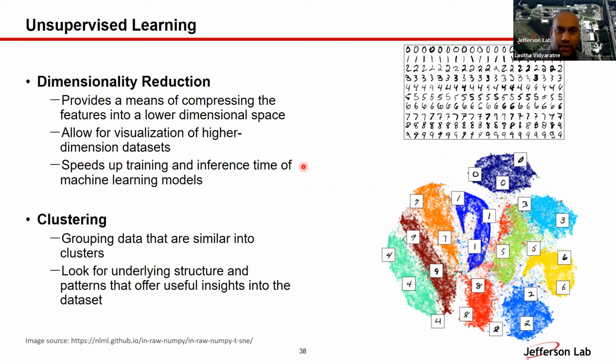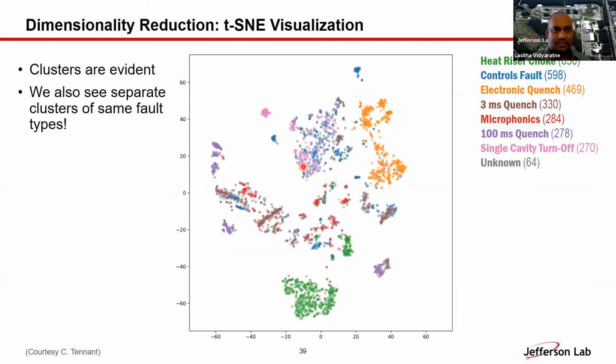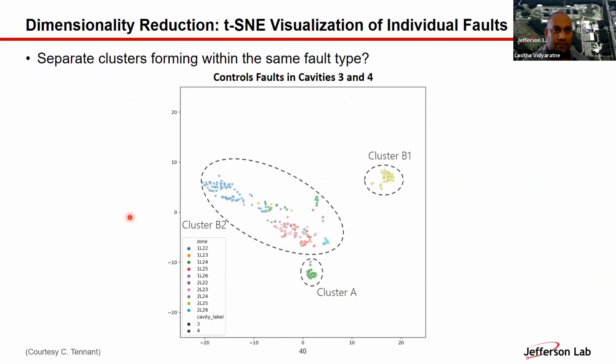We apply the same idea to our feature matrix, in hopes that we could see different clusters forming for different types of faults. And this is an example of that. So we see some clusters occurring for heat riser shorts, for example, but we also see some separate clusters forming for the same fault types. So we wanted to look into those further. So for example,